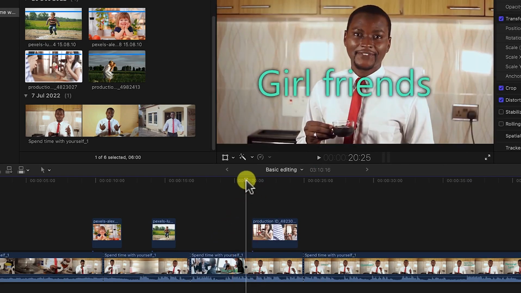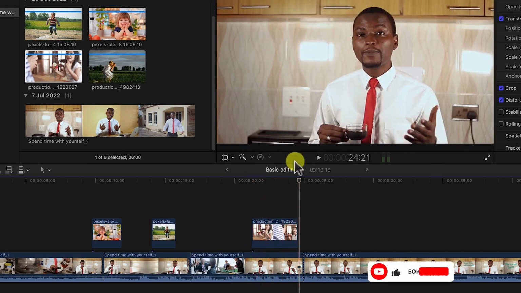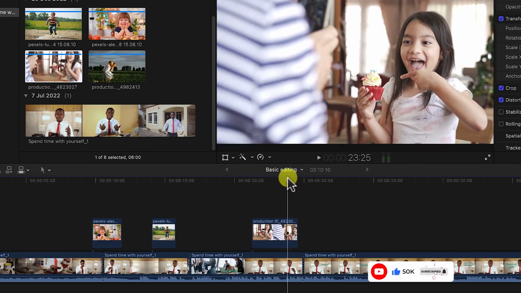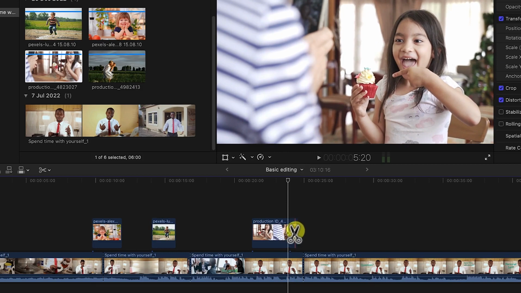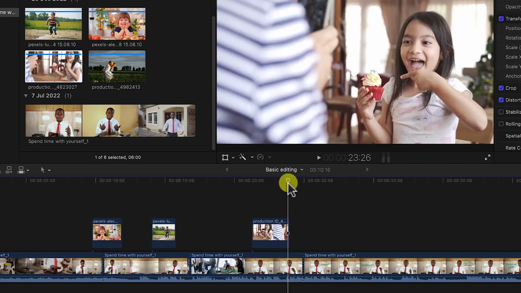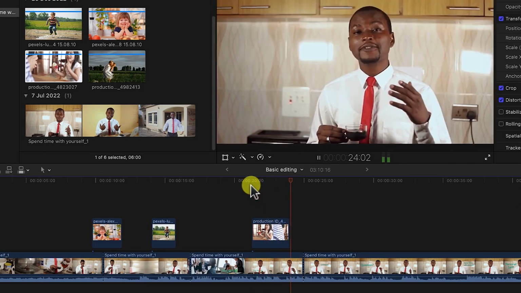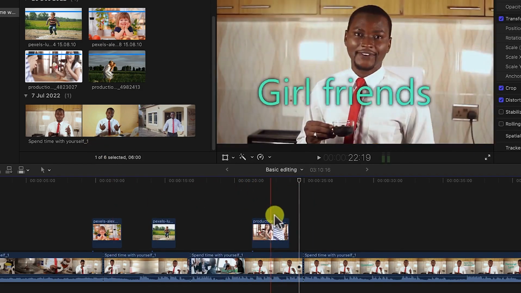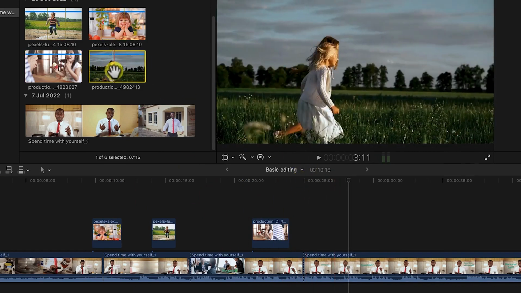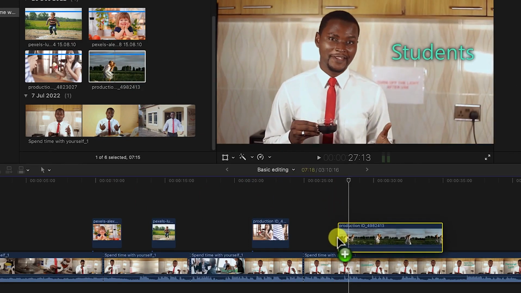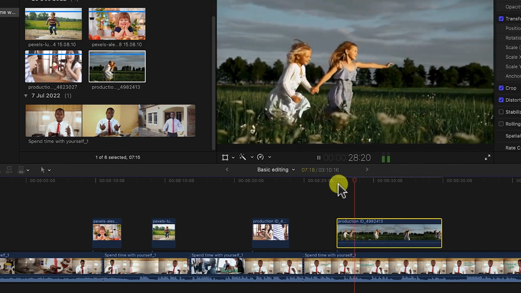So you can see if I'm playing it, it's going to show that surprising point. And then maybe I want it up to this point. Okay, then I want to create another cut. So blade tool and make another cut, back to the selection and then delete here. So you can see just like so, she went wow, and then back to the normal. Then I want to put the B-rolls as well at this point, another video. So just select the video and just drag and drop it on the timeline. So this is this small girl running. Okay, so they are running